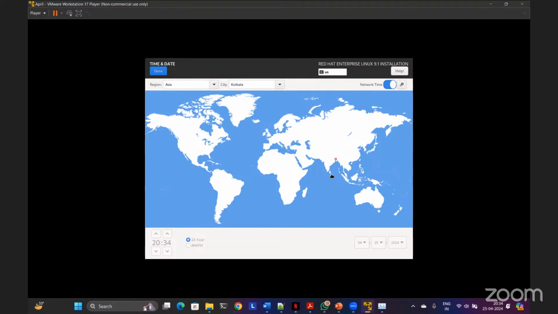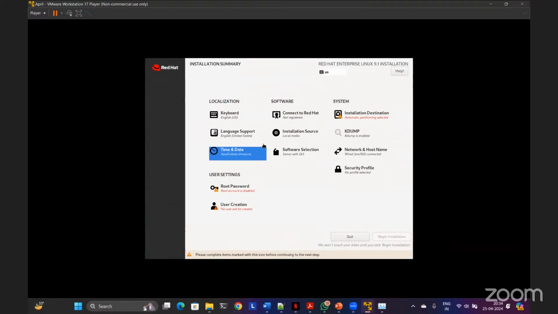Let's say if I click here in Sri Lanka, it says Asia Colombo. Colombo is the capital of Sri Lanka, right? But I'm in India, I can select India, it will automatically select Kolkata. Asia Kolkata is the time zone, right? Click on done. So I'm not making any changes right now.